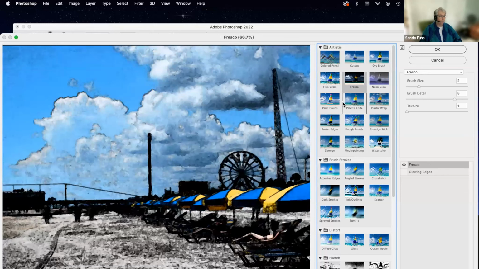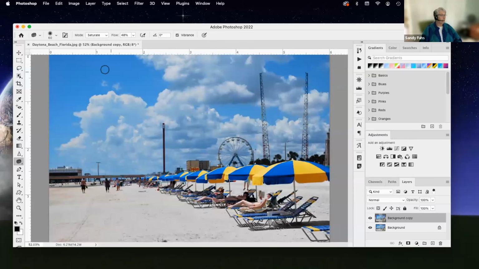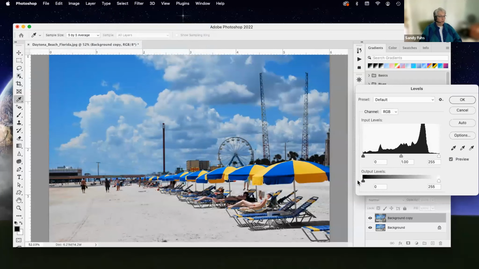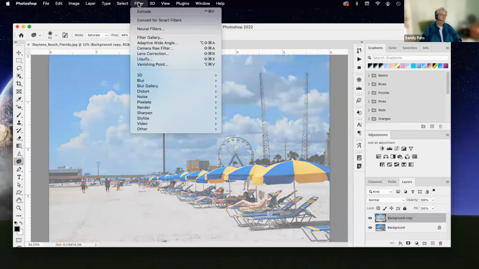By doing that, you're using two functions together, and now it's looking more like a watercolor because I don't have these blacks. Maybe I start by first going into image adjustments, changing my levels so that I don't really have a black anymore. Say, okay, and then go into my